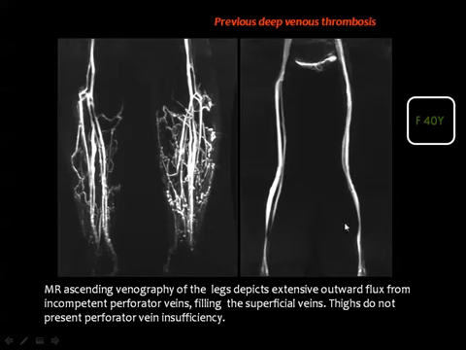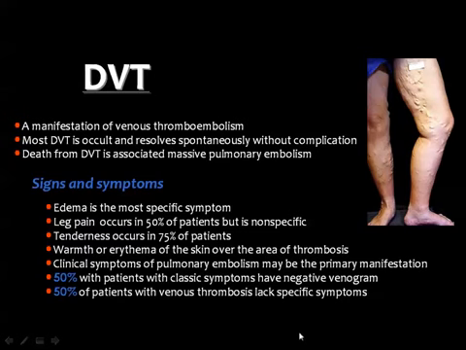Then this is the normal venogram of the thigh on both sides, and this is a case with deep vein thrombosis with superficial varicosities, and you can see that they are too extensive on the left side. The deep vein thrombosis is